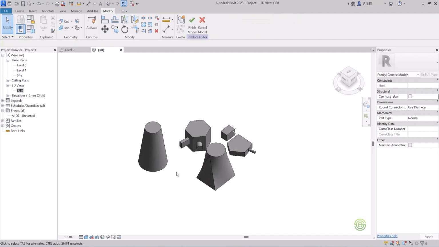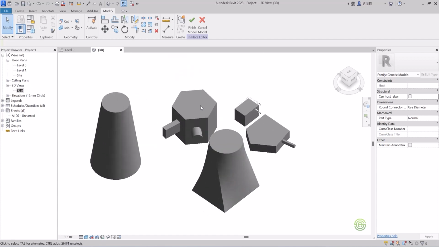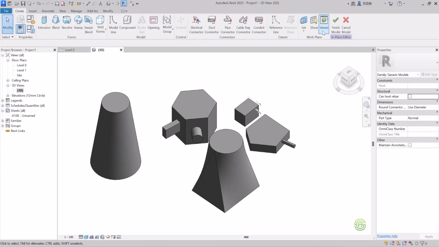So like this, we can draw the extrusion tool, draw the blend tool, and we can set a work plane on the horizontal or vertical. So again, after I have drawn on vertical planes, now if I again want to go back to the horizontal work plane, you can again go to